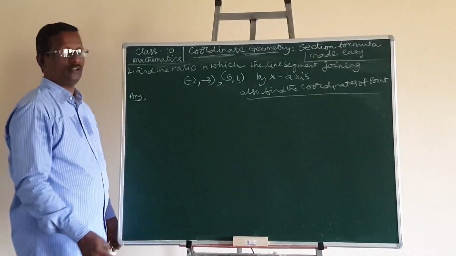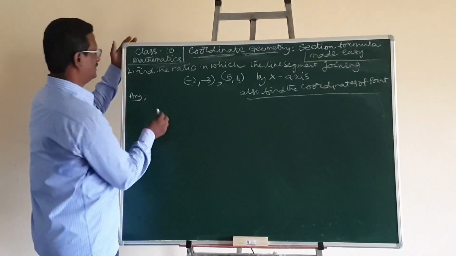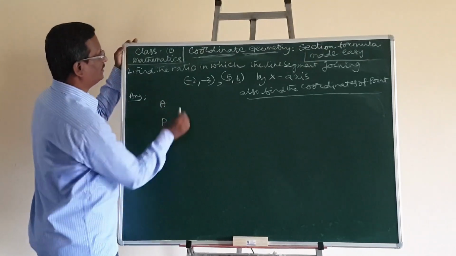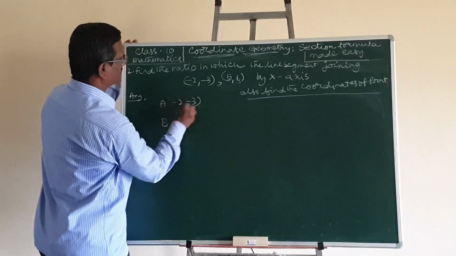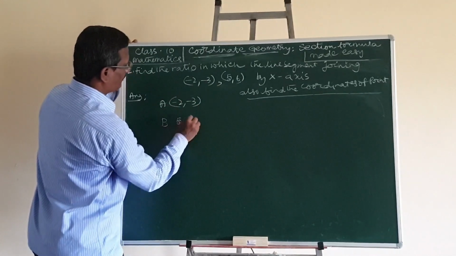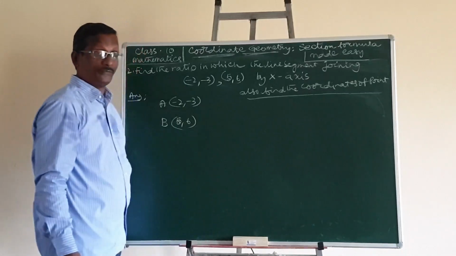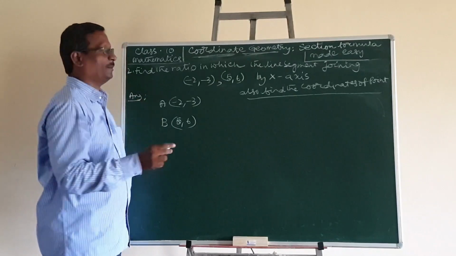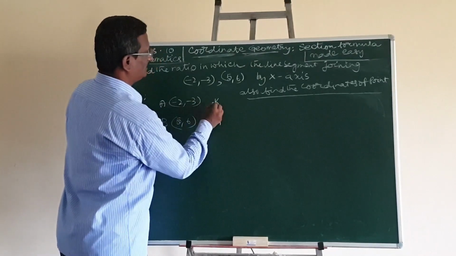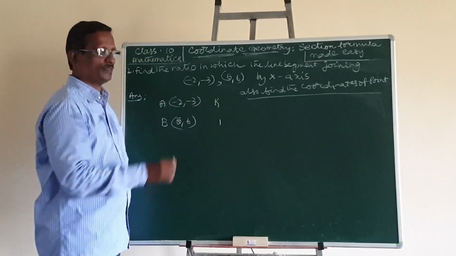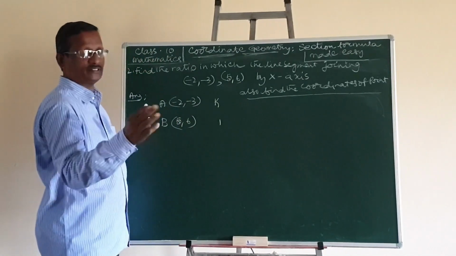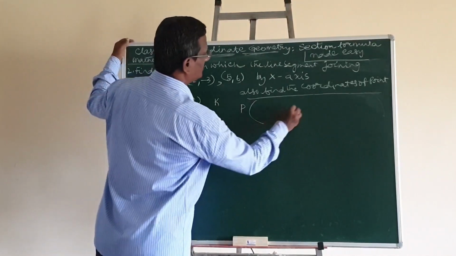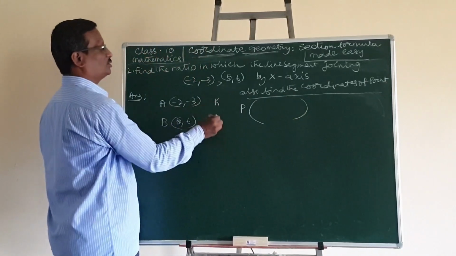So to do this question, we follow the same section formula. Here let us consider the first point is A and the second point is B. The coordinates are -2, -3 and here the coordinates are 5, 6. Here we need to find the ratio. Whenever we need to find the ratio, it is always easy. Remember, the ratio is k:1. We will find the value of k, and from that we will write the ratio. In the following steps you will understand so easily. Here for the point P, we want the coordinates and we want the ratio also.